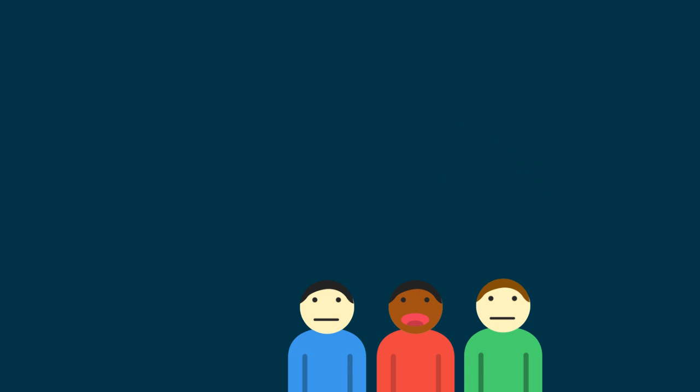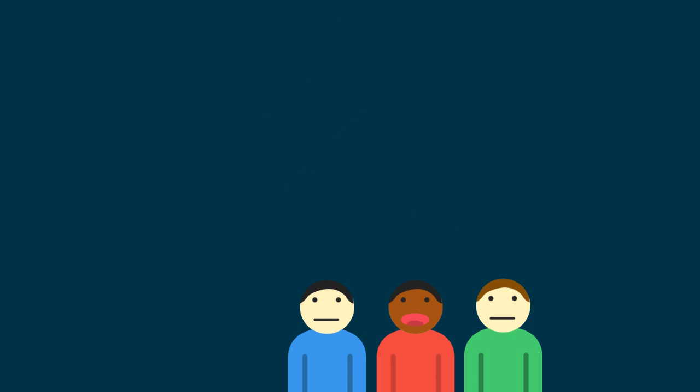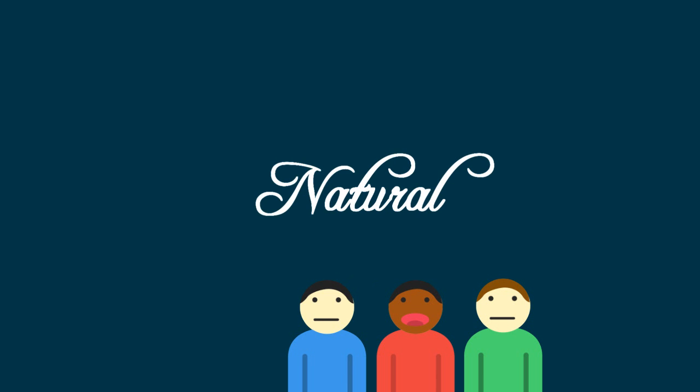The second option was to make sure everyone had the same opinion about everything. This would be impossible because you can't make people think the same way. It's against human nature. With these two options being completely impossible, Madison says that factions are natural and cannot be destroyed. So, Madison decides that the effects of factions must be controlled.